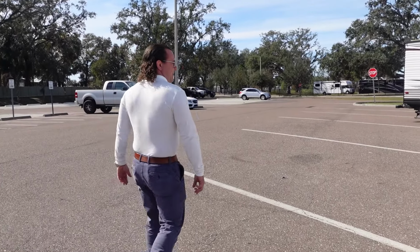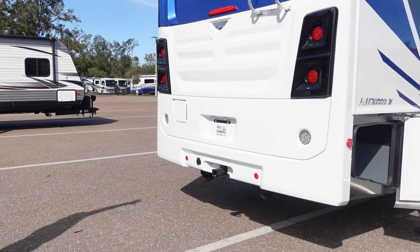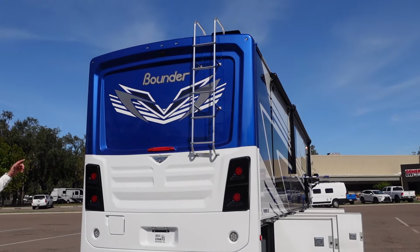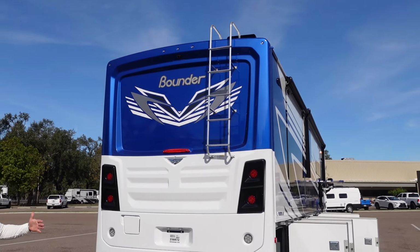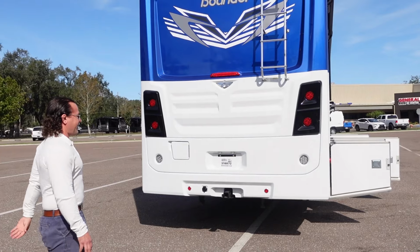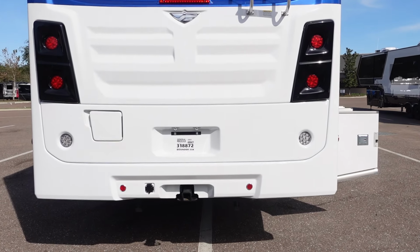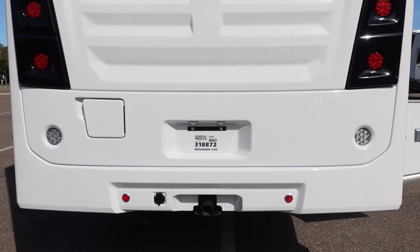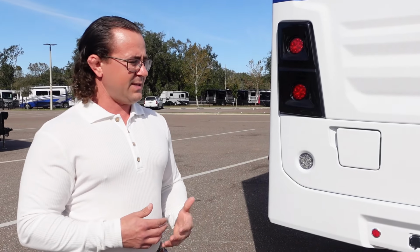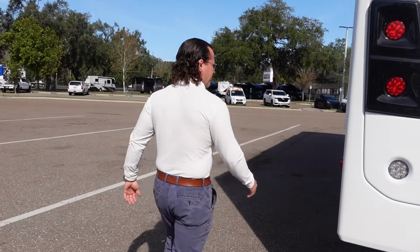Moving on to the back, right here, you also have a molded fiberglass rear cap. Got a great look to it, and they do a half ladder here. So instead of having the ladder all the way down to the bottom, it makes you a little shorter and easier to park in places. Plus, you have the security of not knowing people are going to be climbing up there. Down here at the bottom, you have an 8,000-pound Class 3 hitch. A lot of people tow cars, trailers, boats. At 8,000 pounds, you can pretty much tow a ton of different things. And then, of course, with the Ford system there, you're going to have plenty of power to do